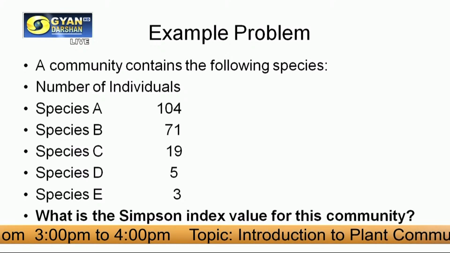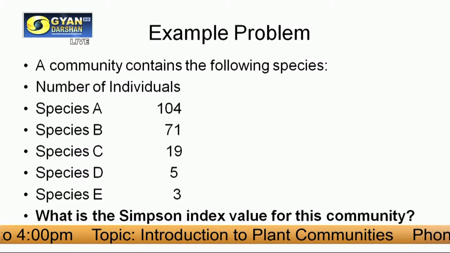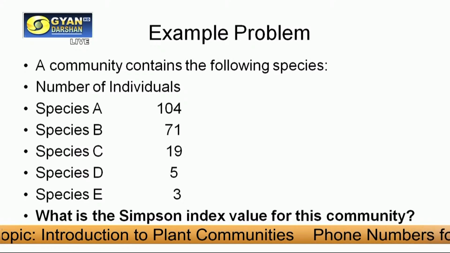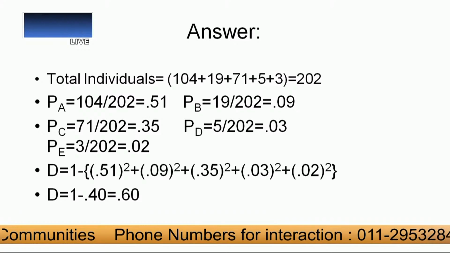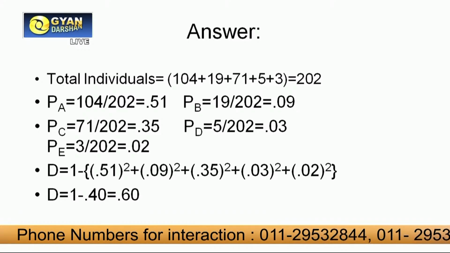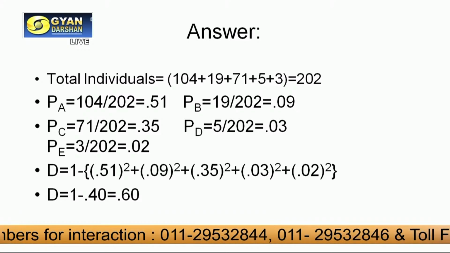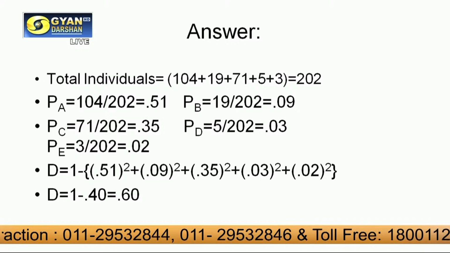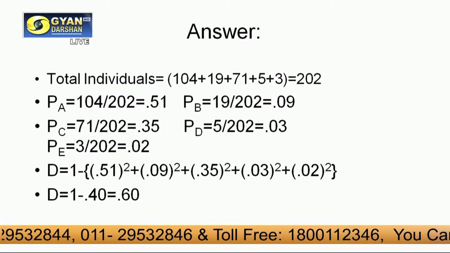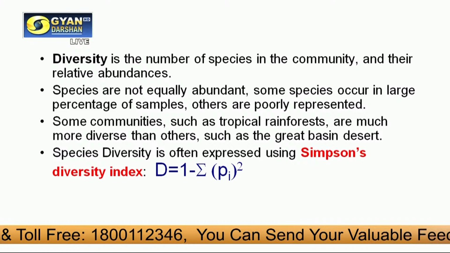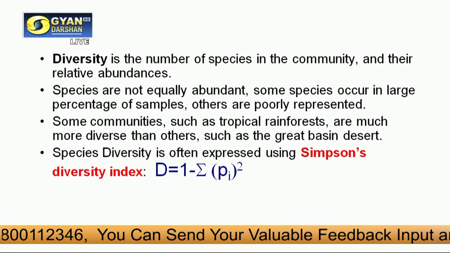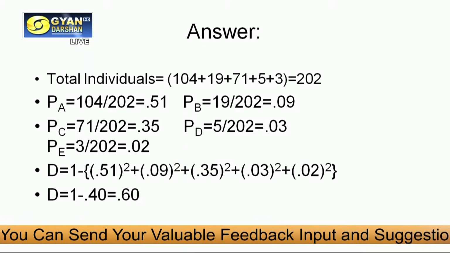Now I ask you, what is the Simpson index value for this community, based on which you can calculate the species diversity. Straight away you put this formula. You take the summation of the individual species, which comes to be 202. Then you calculate P, okay. So once again you look at this formula, that is P squared. So basically we are calculating